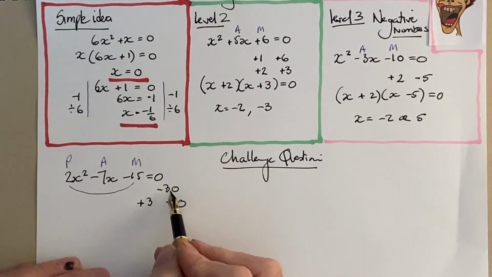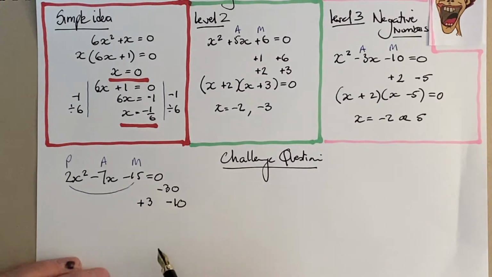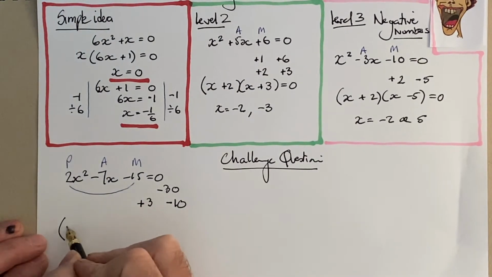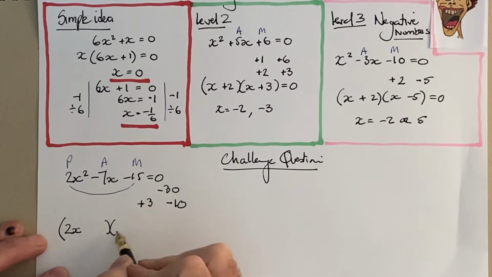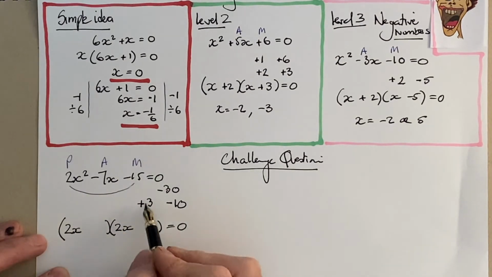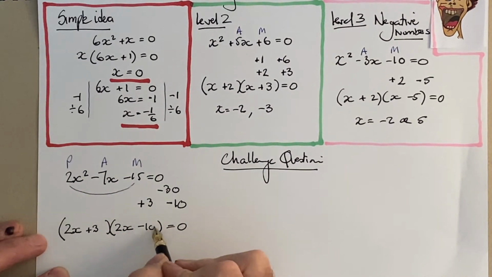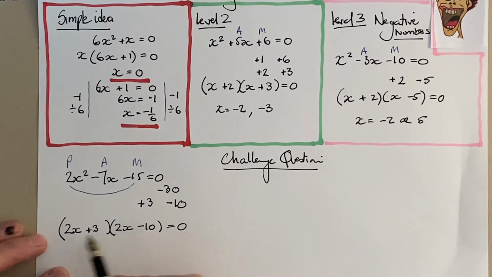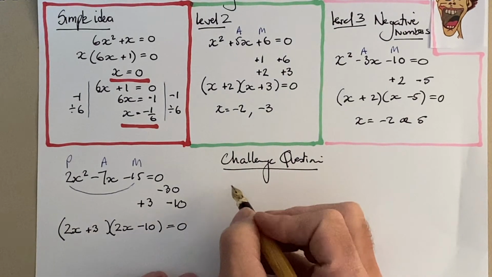And then I can see that I get my minus 30 when I multiply, and when I add, I get my minus 7. So now I put them into brackets like this, and we're not complete in any way yet. Notice now, I'm actually putting it as 2x and 2x. When I multiply these out, I get 4x squared. I don't get that, but I can deal with that later. Drop the plus 3 in, drop the minus 10 in. And now what I'm going to do is deal with that issue we spoke about. So let's put this up here. So I have,